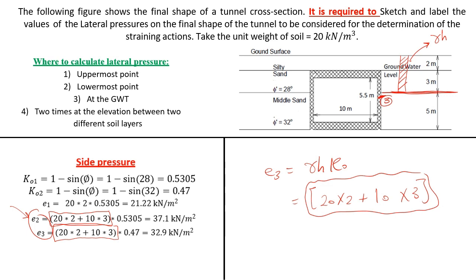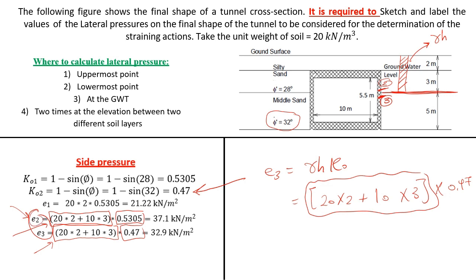You will import in your calculations the Ko value of the bottom soil layer corresponding to a phi of 32 degree. So here you will multiply the value of the effective vertical stress by Ko2, which is 4.47. So to summarize, the difference between E2 and E3, the difference between these 2 points, they have the same effective vertical stress, but they have different values of Ko, because the point number 2